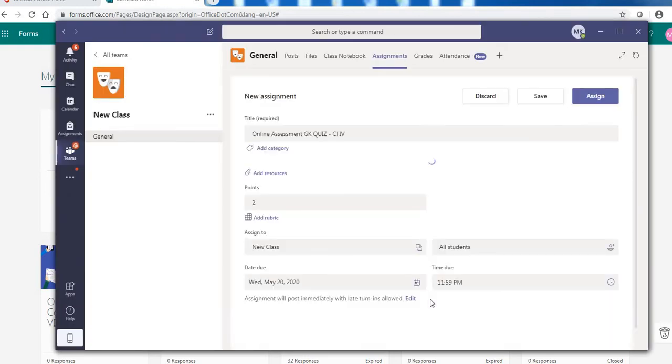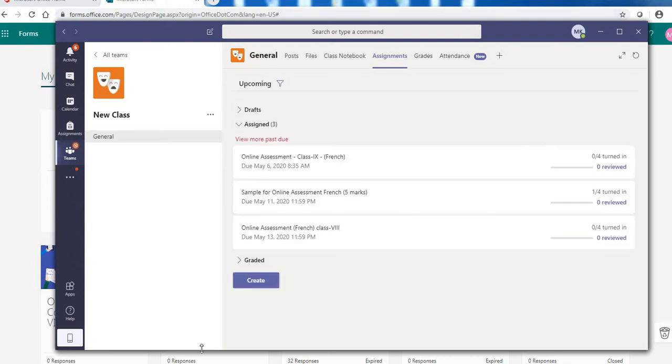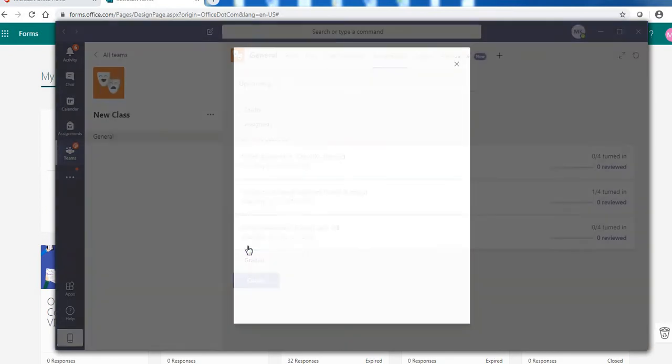Now just wait and see this. Fine. So title is coming here. Okay, resource isn't coming here, so I need to discard it again, and I will add this again. Click on create quiz.